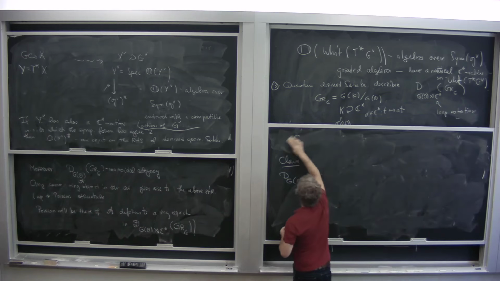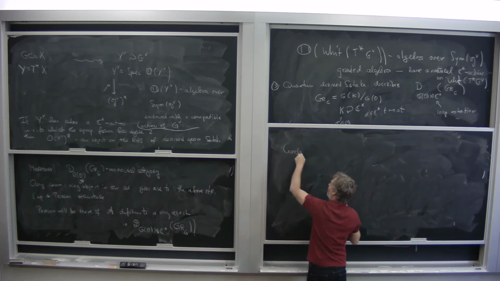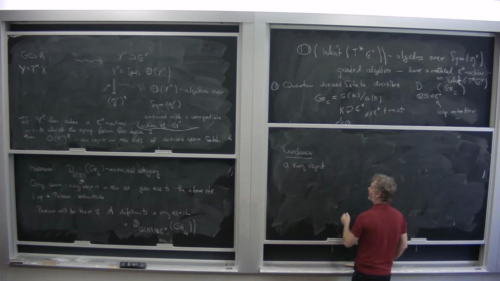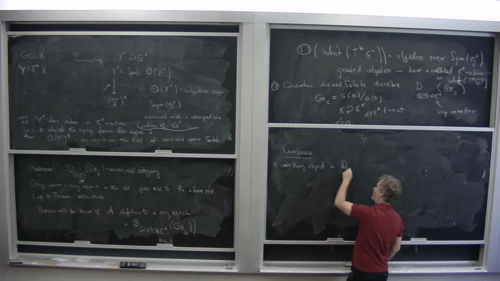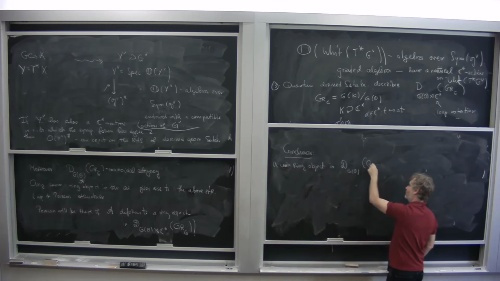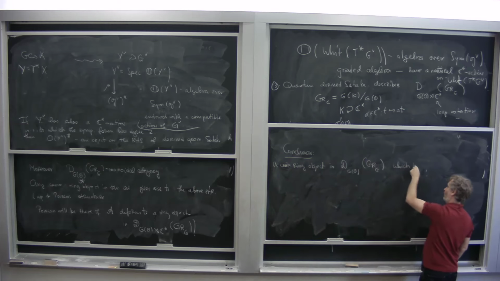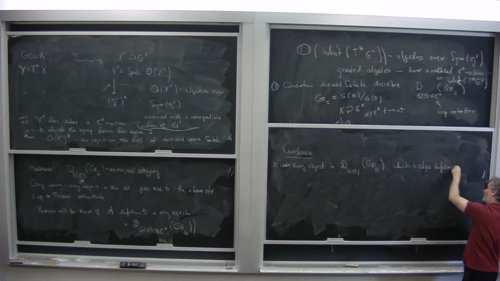So, conclusion: a commutative ring object in DG of O of the Grassmannian, which is also deformed to the